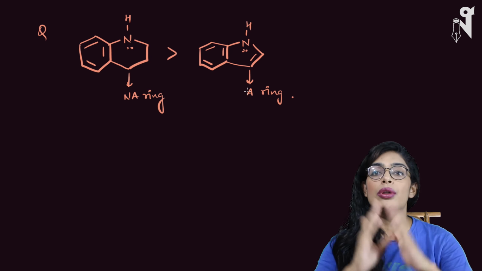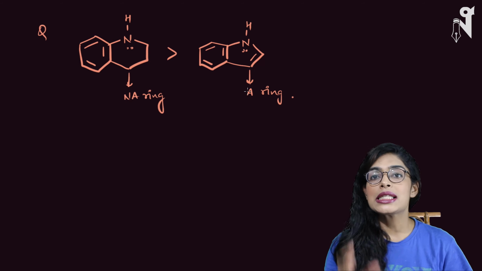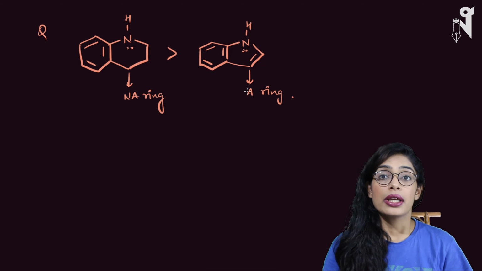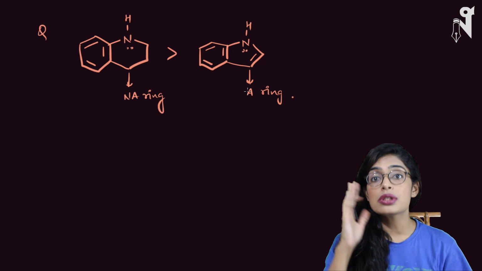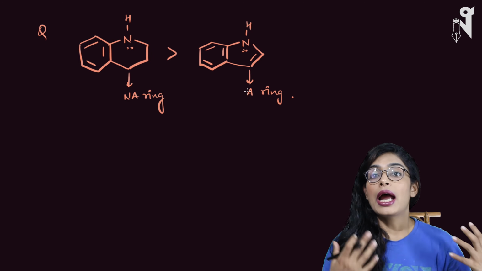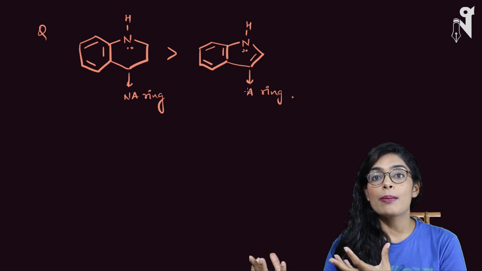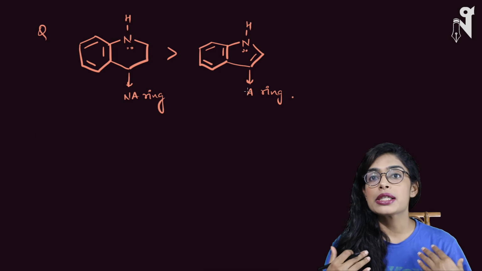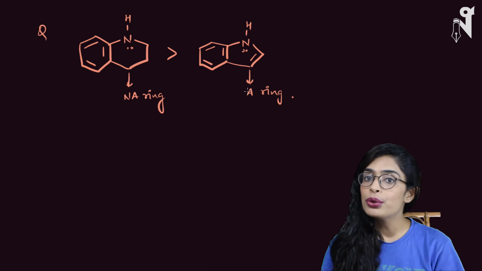So here we are done with the examples where you have to check the aromaticity of a part of a molecule or the whole molecule and then see how it affects the basic strength. Here you don't have to mug it up. You have to just use the logic that if anti-aromatic is going towards aromatic or non-aromatic, definitely it is acquiring better stability, so it would prefer to do so.